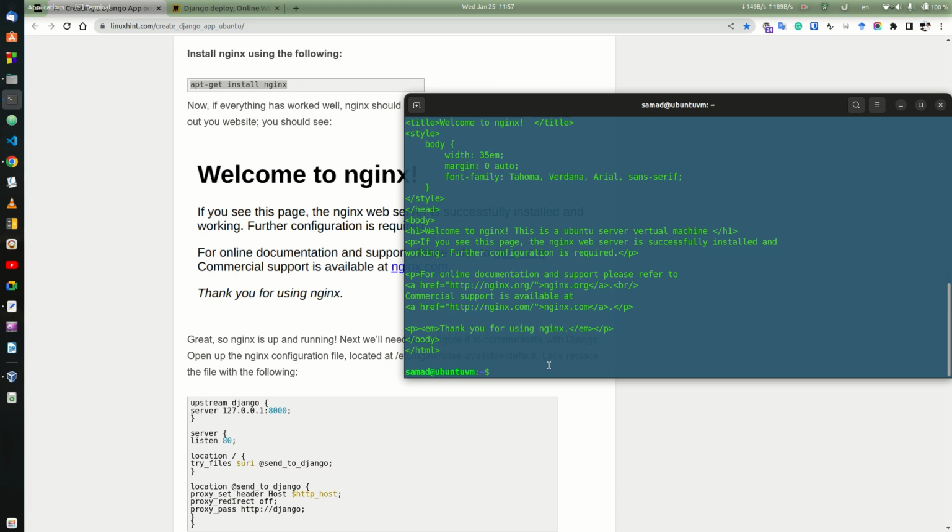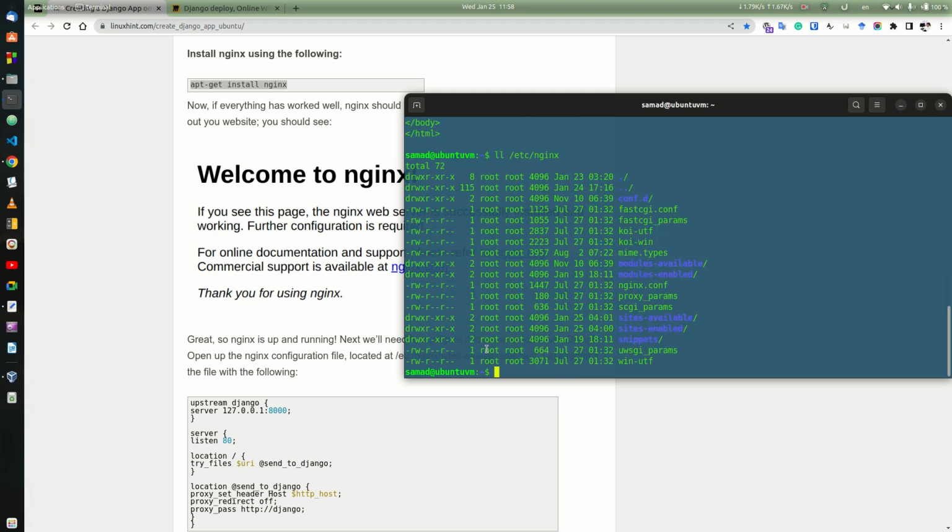So first of all, I have to find out the Nginx directory. So to do that, I'll need to type ll /etc/nginx. So this is the Nginx directory, and as I can see that we have to put some files in